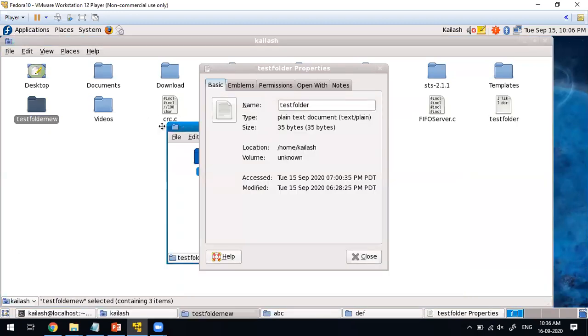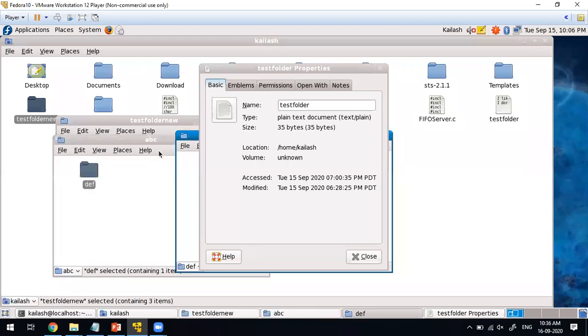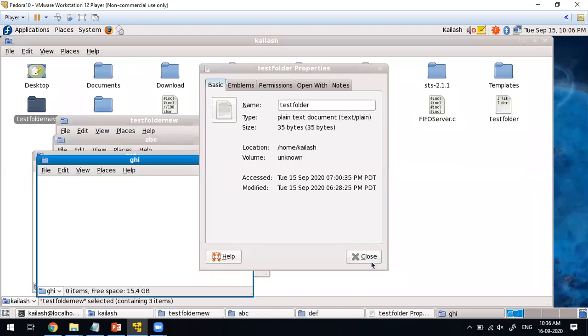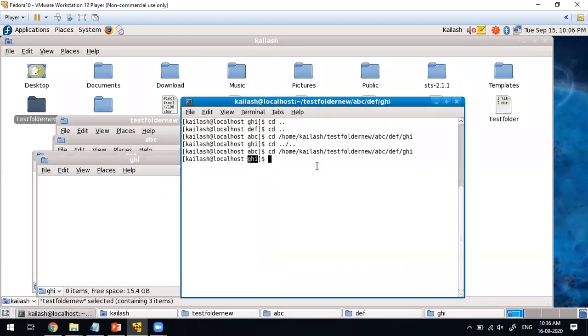I'll open that also. ABC, next DEF, next GHI. Now the control is inside the GHI in the shell.